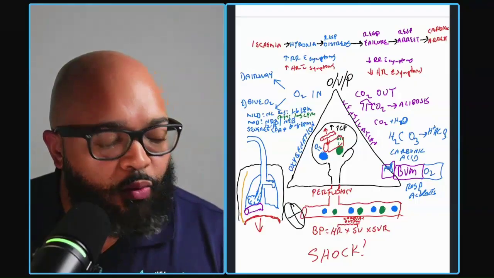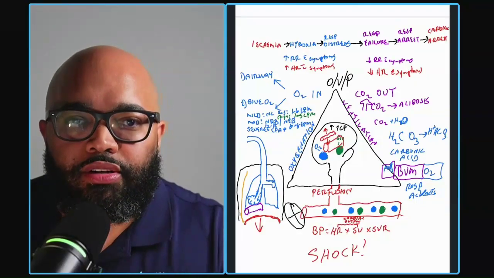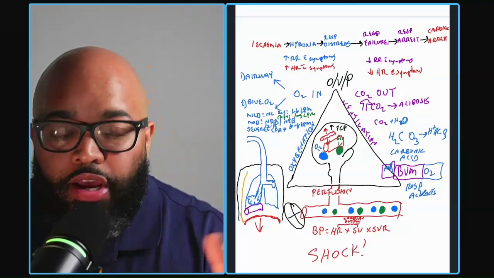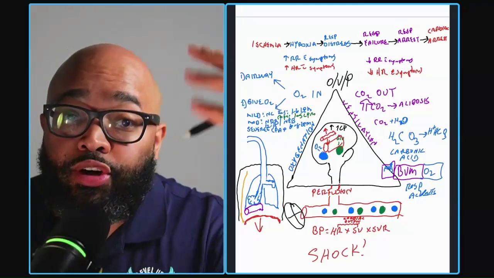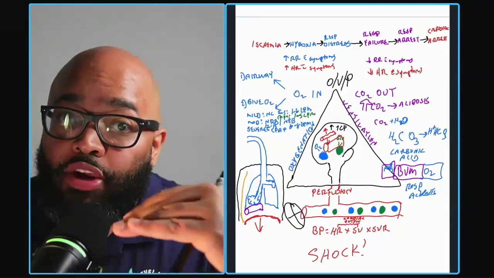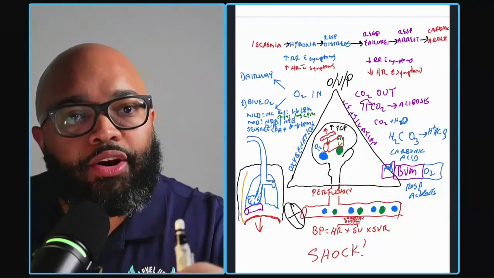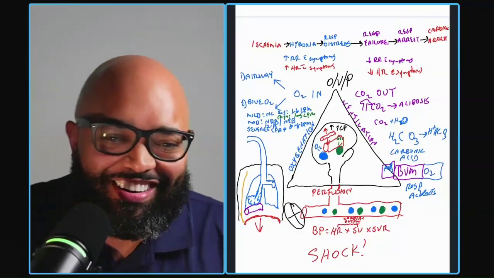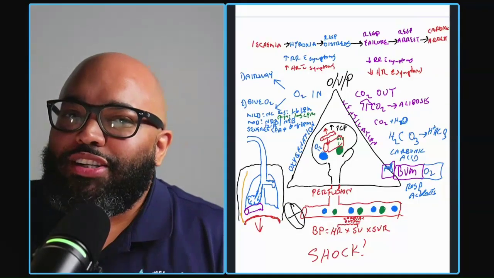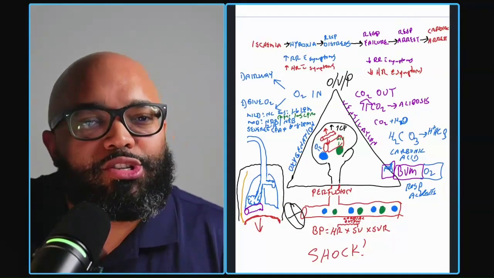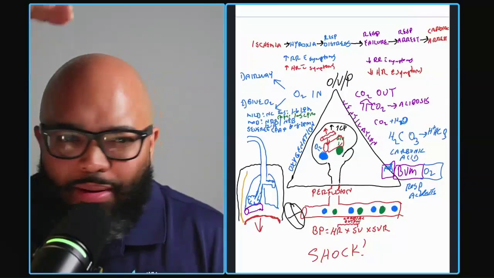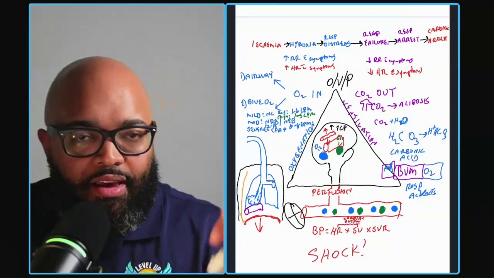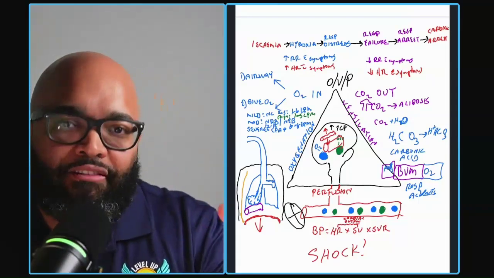Okay, now, why do you end up with hypotension later in shock? Early, you don't have hypotension. Early in shock, the blood pressure could be higher. It may even be normal, but later you have hypotension. Somebody want to take a stab at it from the picture? Because I don't want you to just memorize random bullet points. I want you to understand the how and the why. That's where the magic happens. That's what separates the 3,000 level medic from the mediocre or the 950 medic.